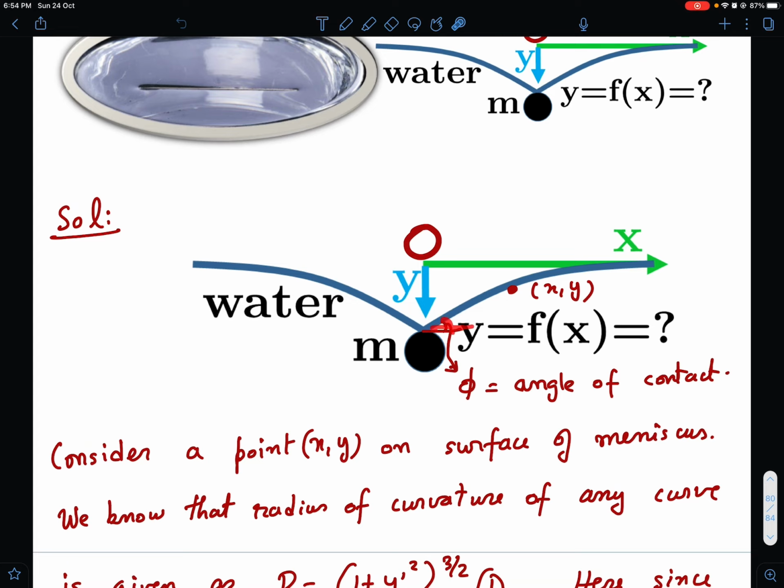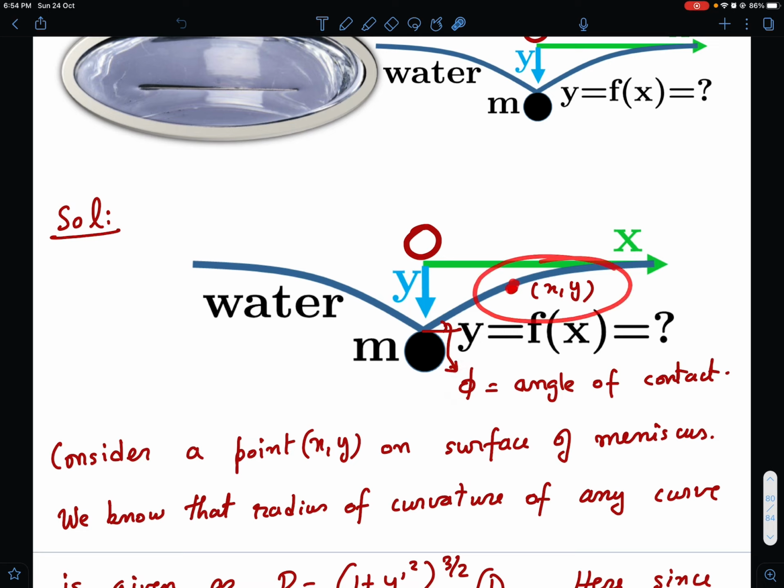Here, let's say phi is the angle of contact. At the top, when it is almost completely submerged, you know that the solid-liquid line is going to be almost a horizontal tangent, because this is the solid, and the solid-liquid line must be horizontal. And then what about the liquid-gas line? This is the liquid-gas line and this is the solid-liquid line. So this is the angle of contact, and this angle of contact is given to be small. Let's say this is phi. I'll not be using phi, I have just denoted it here.